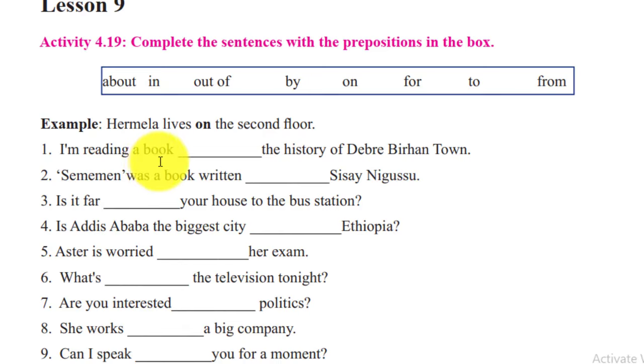አሁን መጽሐፉ ያነበብኩ ነው about የሚለው እዚህ appropriate ነው because here is a title አለ እዚህ ጋር ርዕስ ነው the history of ደብረ ብርሃን town የሚለው ስለ ደብረ ብርሃን ከተማ ታሪክ የሚለው ርዕስ ነው። ስለዚህ about followed by topic ብዙ ጊዜ about ነው የምንጠቀመው topic ርዕስ ሲመጣ ነው about HIV AIDS ልል እችላለሁ about football ልትሉ ትችላላችሁ። ስለዚህ about history የሚለው is appropriate ነው because book ነው የተጠቀሰውና second ሰመመን was a book written blank ሲሳይ ንጉሱ ይላል።